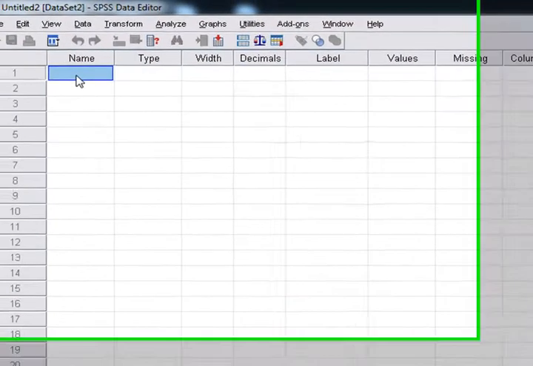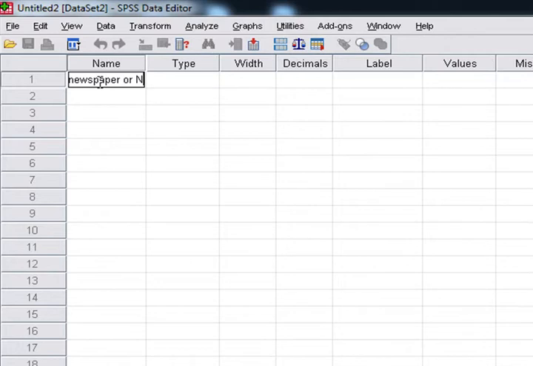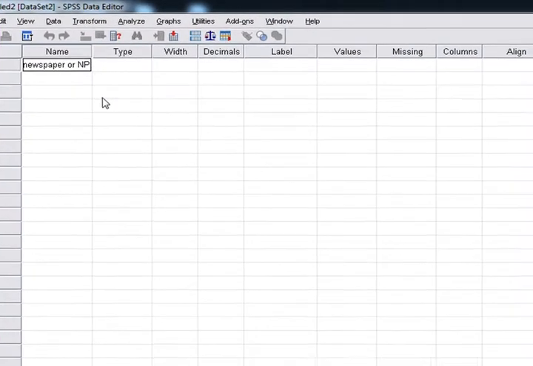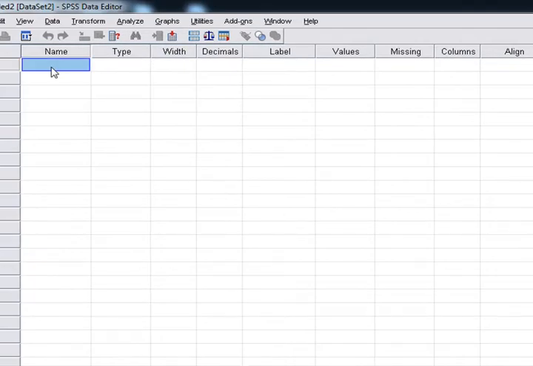Now the thing to be taken care of in this is that we have to name the variable. Like we can write newspaper, but there should not be space between two letters. It should be a continuous one. For example, newspaper or NP. It will not allow a space because it says that it should be in a continuous form.